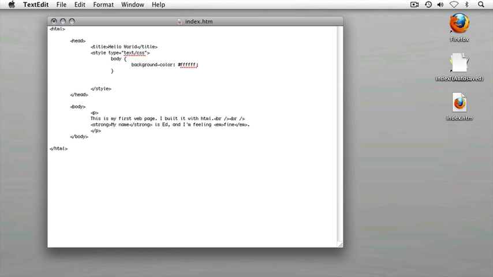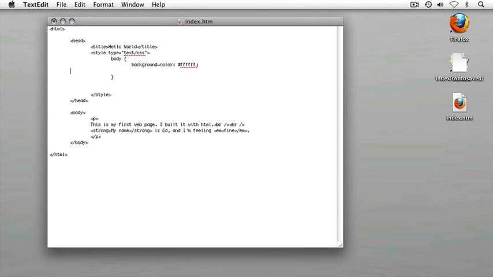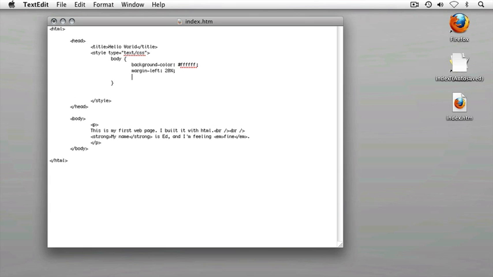Now I'm going to add a few more rules to govern how the body tag should be displayed. I'll hit the return key on my keyboard, tab over 4 times so that my next rule lines up with my first rule, and I'm going to add a little bit of margin on the left, and then another rule to add some margin on the right. The syntax for this property is margin dash left colon, and in this case I'll assign 20% on the left, hit return, tab over 4 times so that my next line lines up, and add some margin on the right,